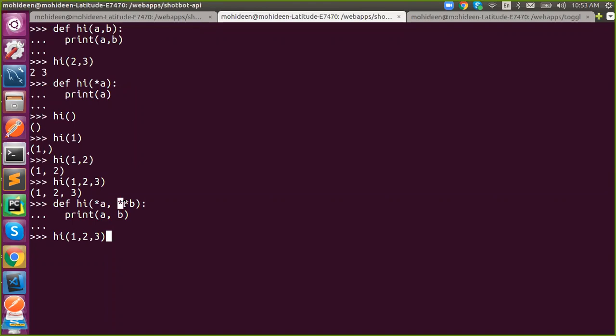Dictionary or list? It will be a dictionary. Which type of argument will be captured by star, and which type by double star?